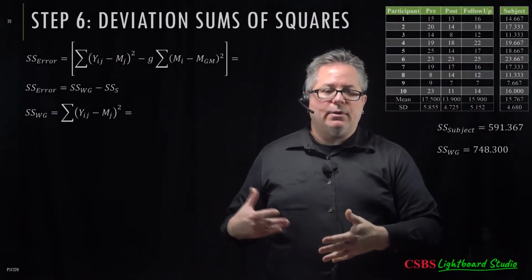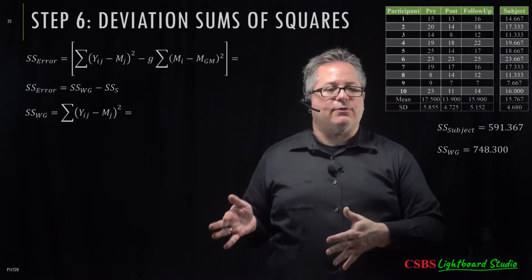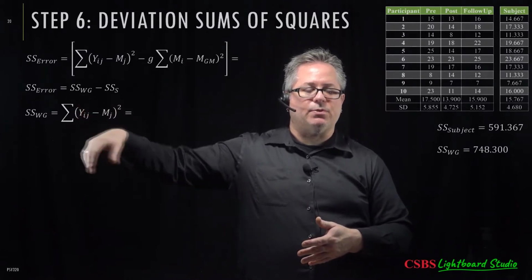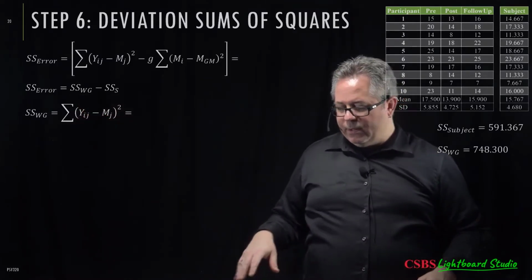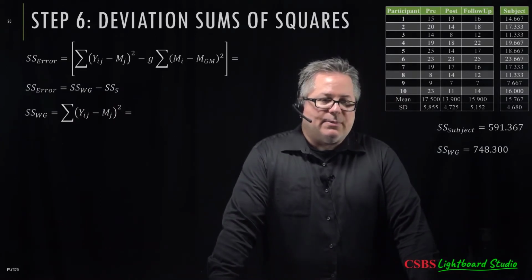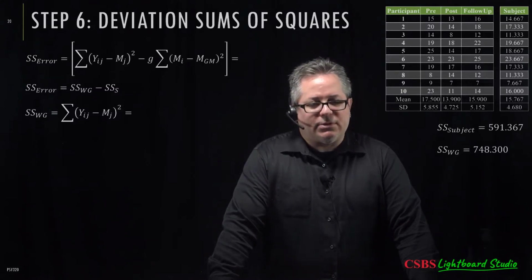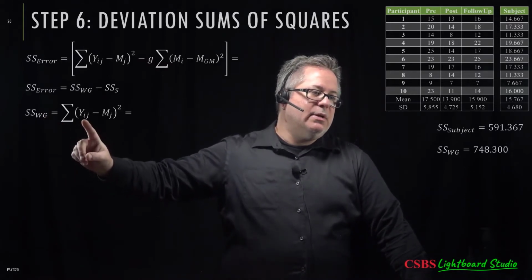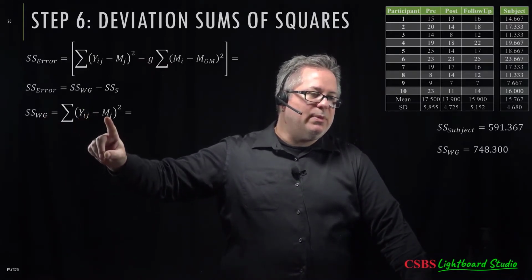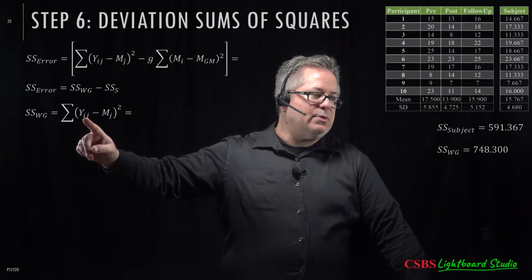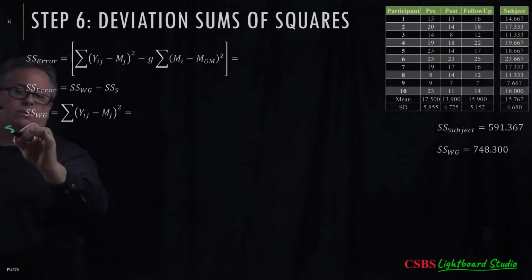All right, to get error, we're going to take the sum of squares for subject that we just found, and we're going to subtract it from the sum of squares within groups, which is what it was before in the one-way between groups ANOVA. It's actually one of the more tedious ones, but it's the same as it was before. It's straightforward, just kind of a pain in the butt. So it's the sum of squares within groups, each individual score minus the group means, which means, again, we're doing this 30 times. All right. So let's lay that out. Sum of squares within groups equals